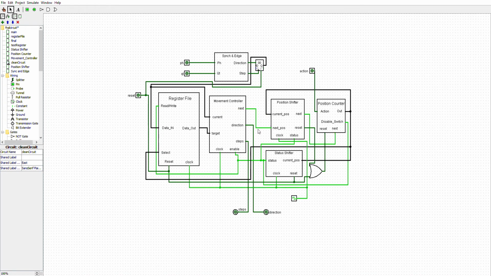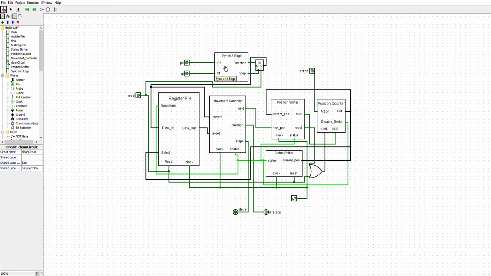So this is my circuit for the robot arm, and I broke the circuit down into about 6 or 7 parts just to make it simpler to work with and design, and allow for modularity and abstraction. So this is the circuit, and to begin with, I'm just going to briefly go over every single component that